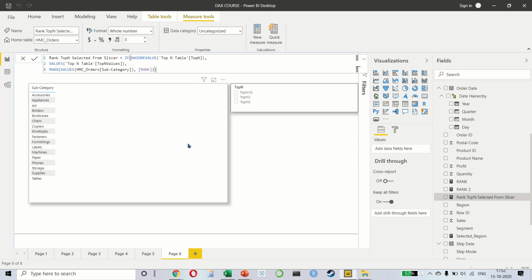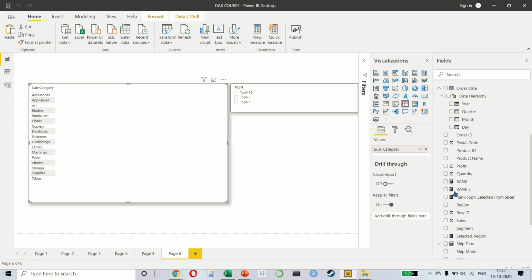Let me first show you the result, then we'll clean it up using DAX formatter, and finally I will explain it to you. So we have created top N selected from the slicer, but we're not there yet. There is something still left, which is we have to now create a final measure, which is